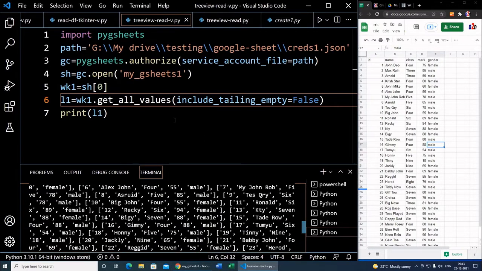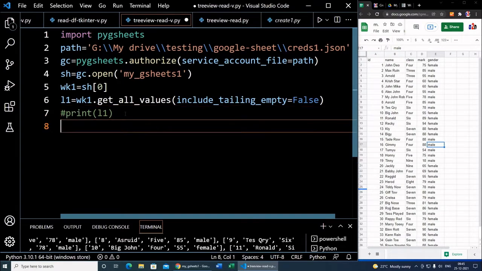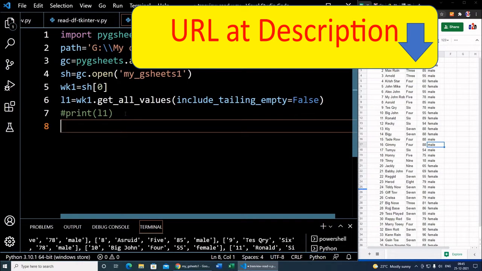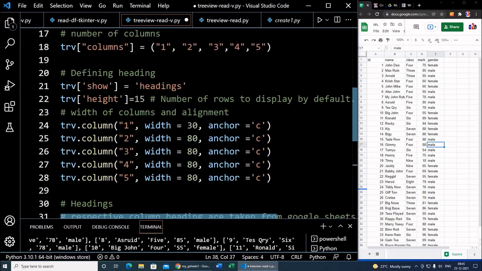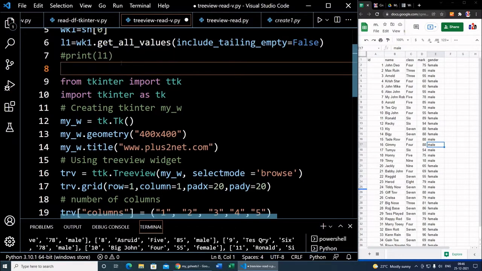Now using this list we will push it to the tree view. Okay, I will just minimize this part. Now I have seen how the printout is coming, so I will just comment this line, not required. Then I will go to the next line and enter. Now here the tree view, we have already explained in our tutorials how to design a tree view. The design part I have just copied, and in a Tkinter window I am pasting it here. This few lines of code we have left here. Otherwise I will just comment it, write a break here.